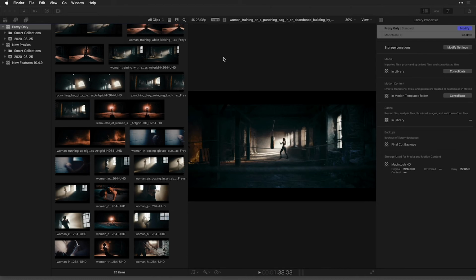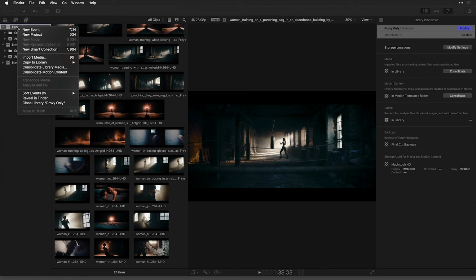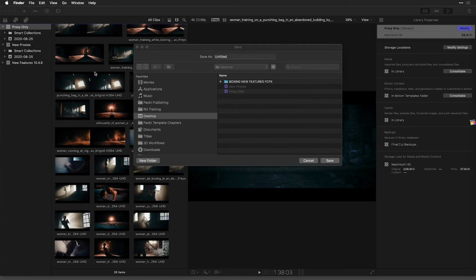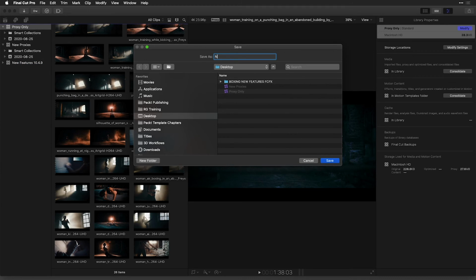Now this process of copying libraries gets even better. Once your editor is finished cutting this content, he or she can send you a library with no media in it. All they have to do is right-click it and choose to make a copy of this, creating a new library. Rather than send any media, he'll send no media.